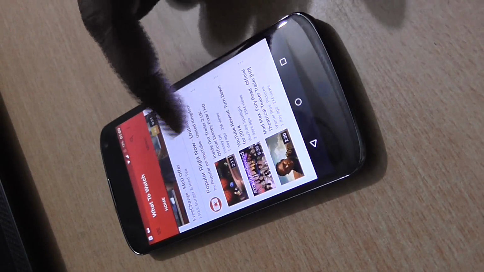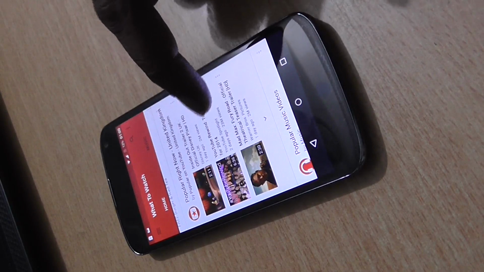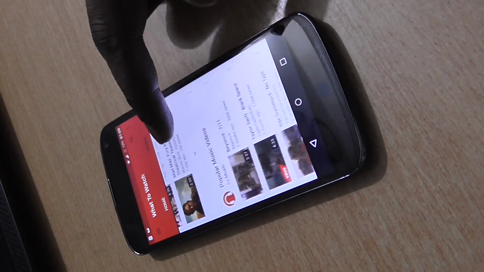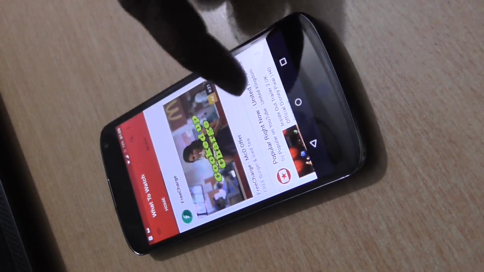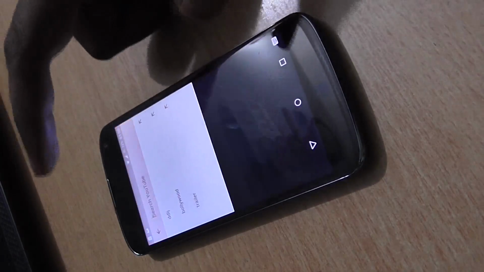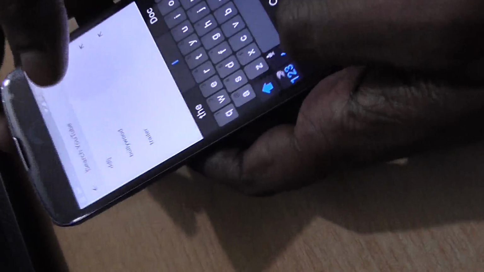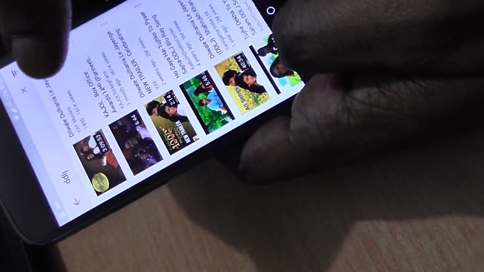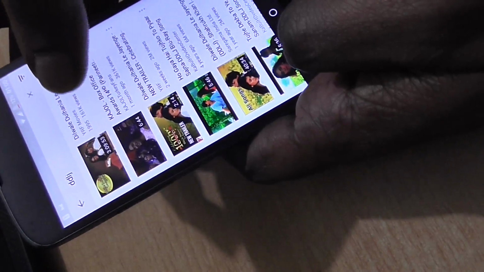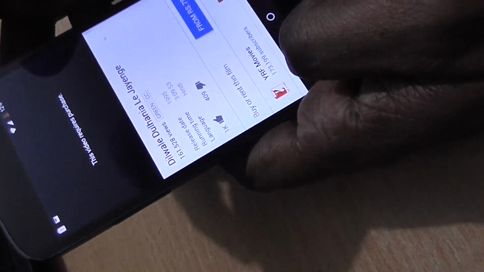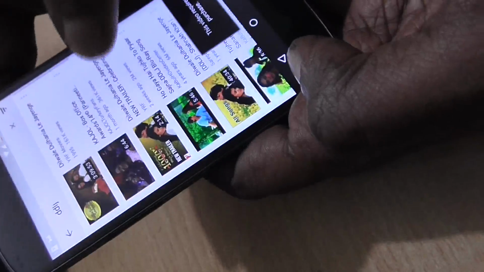So keep in mind that this particular feature is not available for all videos. It is available for, at the moment, select videos. So we'll check out some of the videos and see if it is available. For the moment, we'll search some videos of Indian movies. So we search for DDLJ. This is one of the popular movies of the 90s for Bollywood, right? Sorry, this one not. We'll go to the trailer one, right?